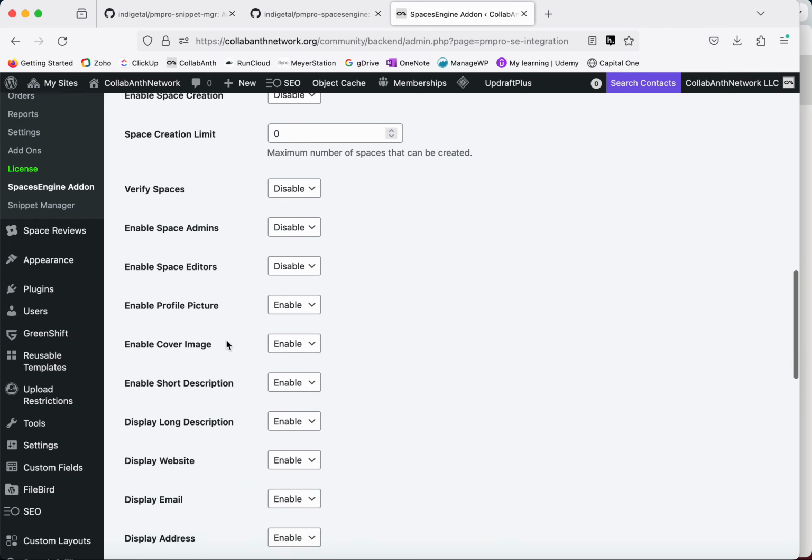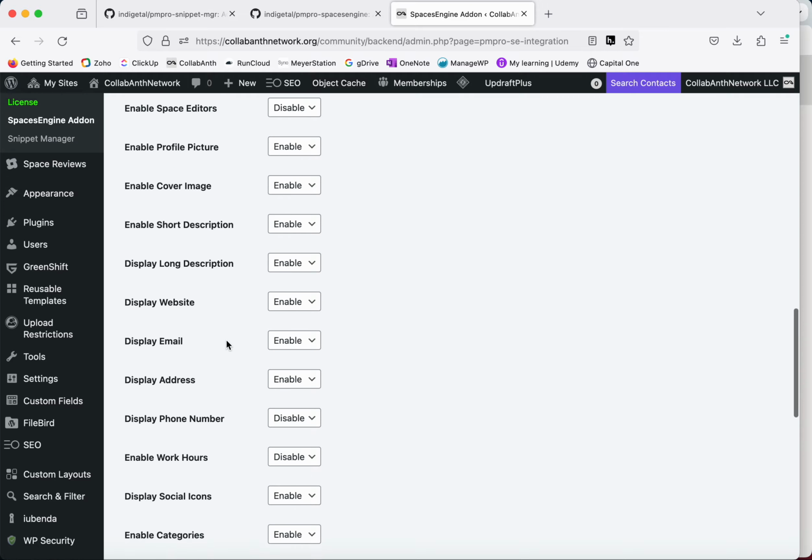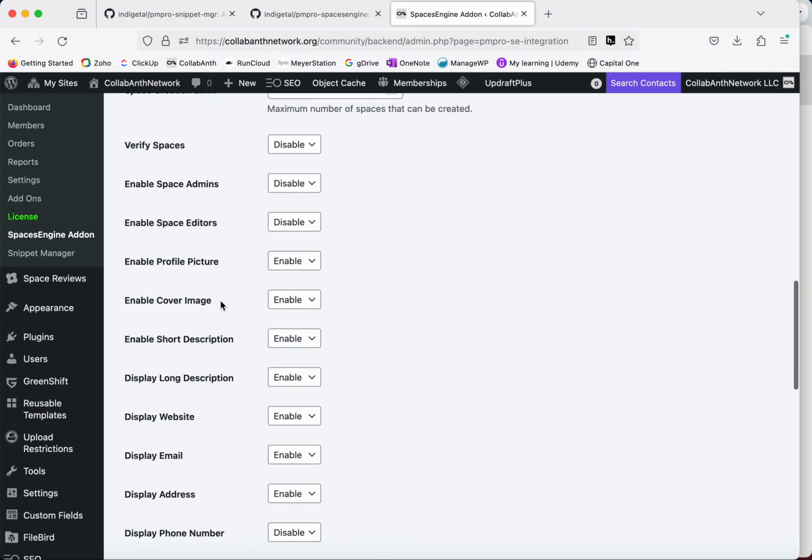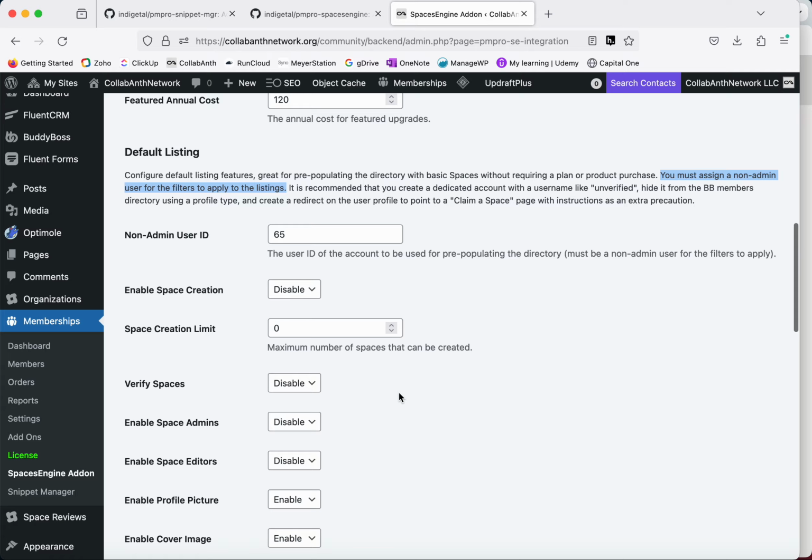And what I'm doing here is just creating a basic listing with a cover image, a profile picture, a description, a website, and email information. The bare bones basic listing. And so what I would recommend in order to configure this process to allow